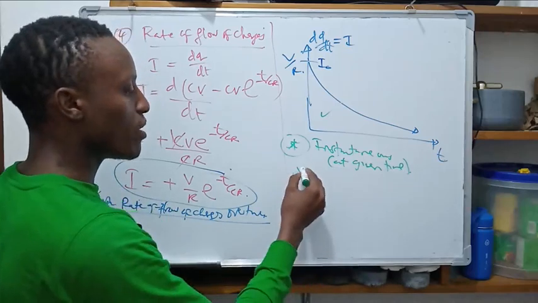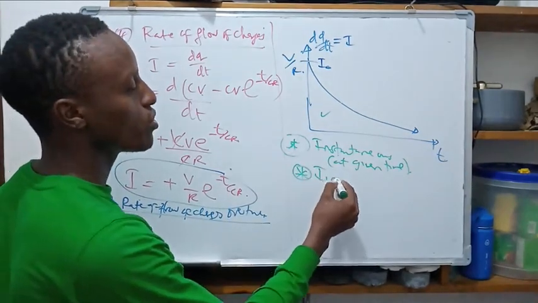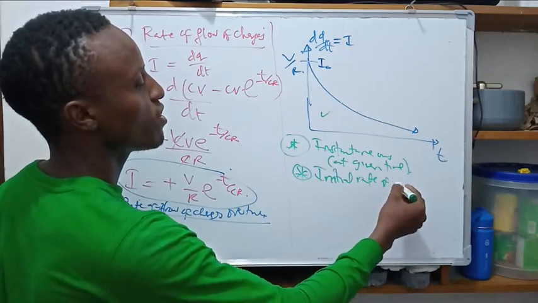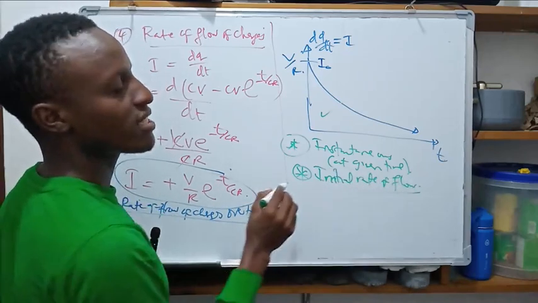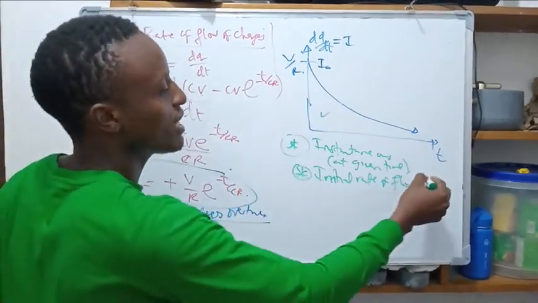But there are three cases. What if they tell you about the initial rate of flow of charges, meaning initially when you are starting to charge,